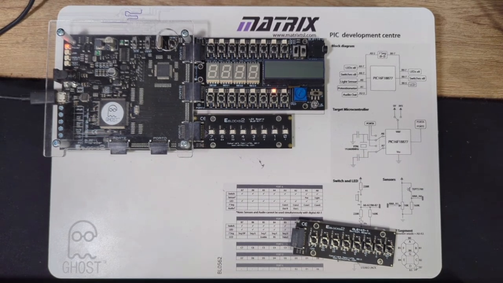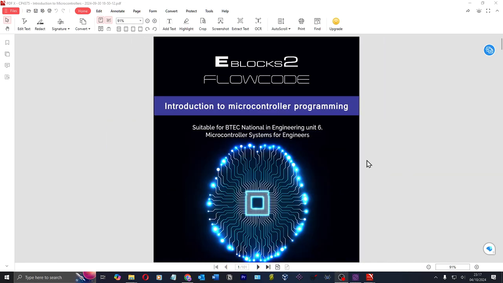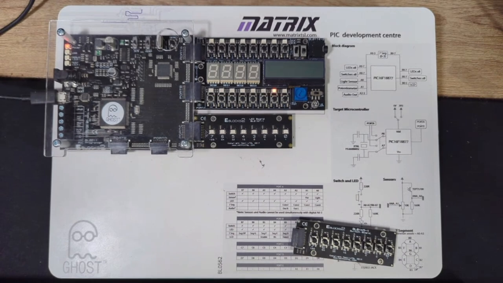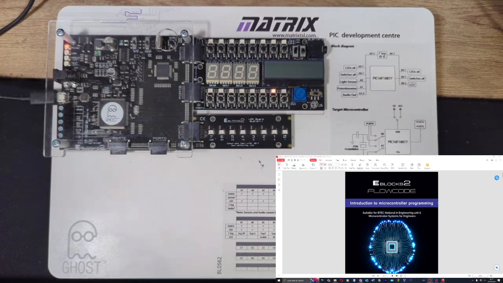So I'm teaching myself microcontroller programming. I'm using this bit of kit called EBlocks, and I'm going through this curriculum called Introduction to Microcontroller Programming. Pretty cool bit of kit. I must say I've just had some pretty good conversations with